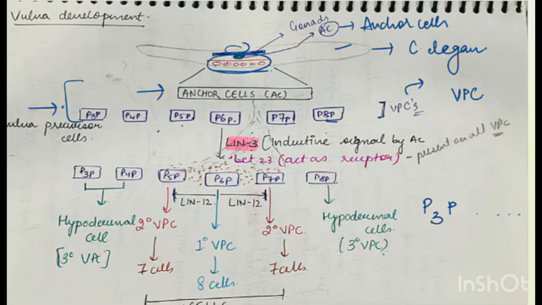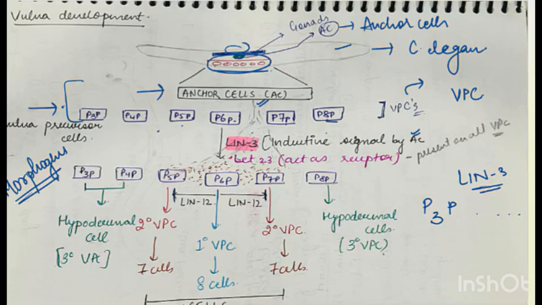Now what happens? We have learned in developmental biology that the entire functionality works upon the gradient of morphogens, right? Depending upon the concentration of the entities, depending upon the concentration of the signals that we have, you will see a similar type of characteristic feature to be showcased afterwards, right? So the anchor cell is going to induce a signal which is called Lin3. So Lin3 is the inductive signal by your